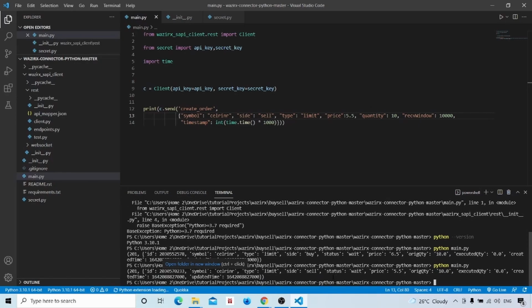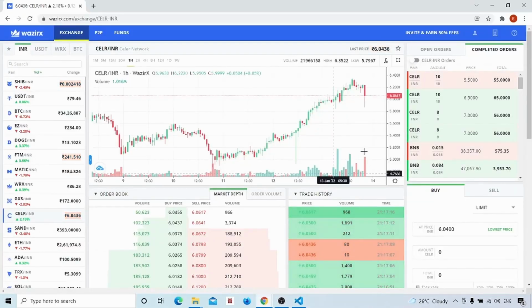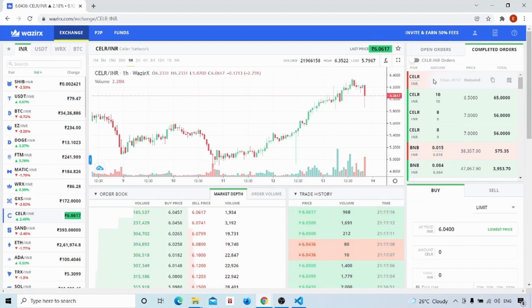This status is also wait for our sell. We will look in the WazirX exchange. Now our sell order also got executed, 10 at 5.5. We have done this with a loss of 10 rupees, but for testing purposes only.